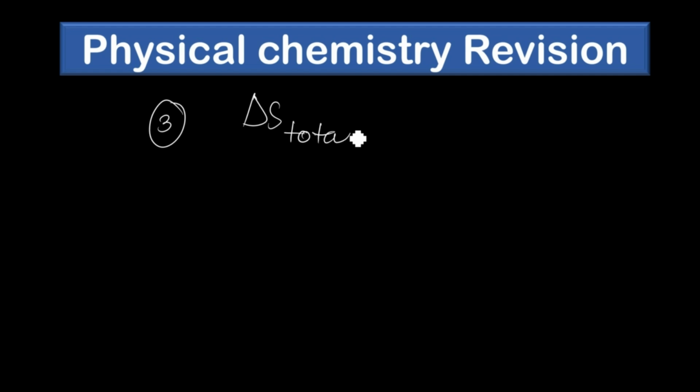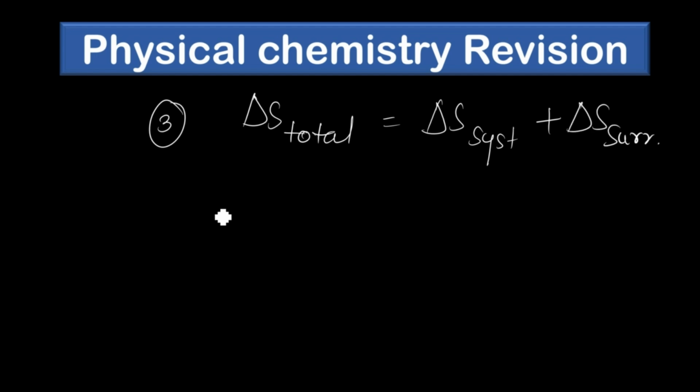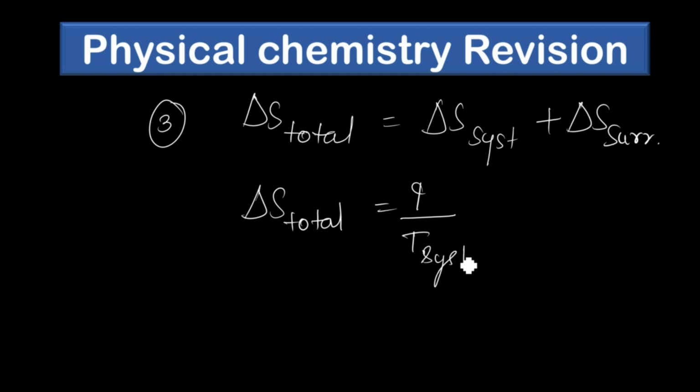Asking for total delta S, which is system plus surrounding, isn't it? So system plus surrounding delta S value. There is another formula also for delta S, which is Q by T of system. They are not giving directly the delta S value of system and surrounding. You can just get it from heat and temperature. Okay, so